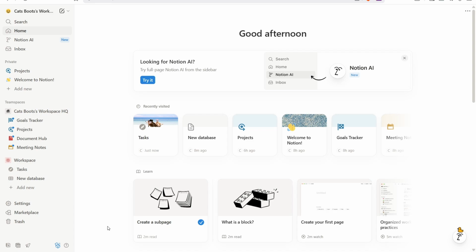In this video, I'm going to show you how to change workspace icon in Notion. Let's get started. After successfully logging into your Notion account and being able to access the homepage, the first